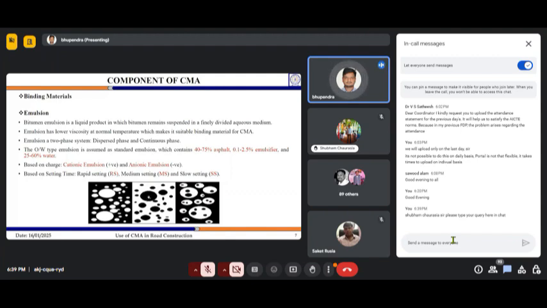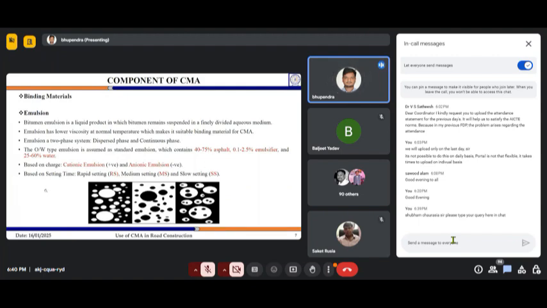Second, water particles can be dispersed in the bituminous phase. Okay, so this white one can be the bituminous phase, and this black one can be your water phase. So this is called the water in oil. And then the third one is the miscellaneous, in which all the things are going on together. A typical emulsion used for construction is the oil in water type. It contains 40 to 75% of the asphalt, 25 to 60% of the water, and then there is an emulsifier also, which helps keep these bitumen particles suspended in the water solution.